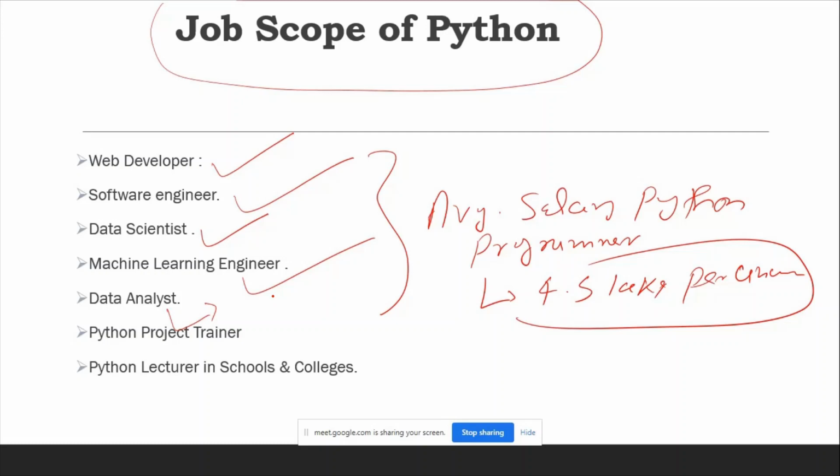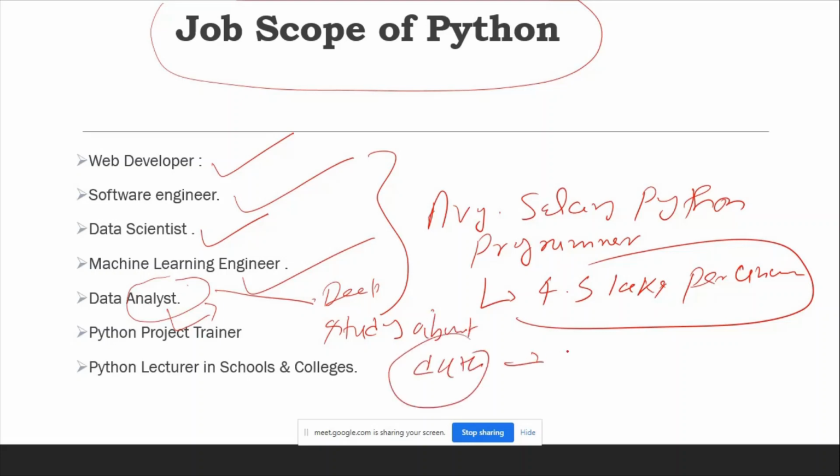He does analysis. What is the meaning of analyst? Deep study about data. Statistics persons who have a good idea of statistical tools can work as a data analyst.